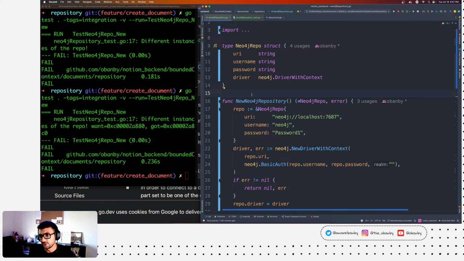So for example, if the username and password actually do change, you want that instance to change once, and anything that's using it just continues using it with the updates. So you want the updates to reflect everywhere else. And there is really no point in having multiple instances of the repo for no reason, right?